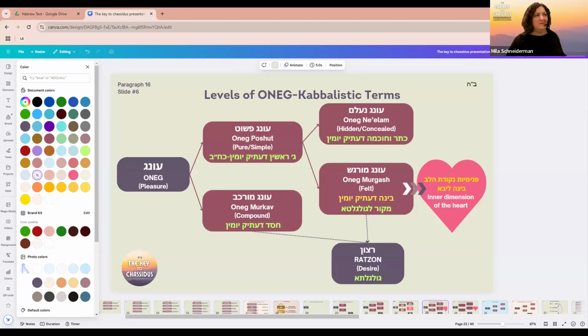Why not Das, you might ask? Because we don't have Das yet, the revealed. So what do you think will keep us going? Something higher than Das. Why in the world would Kalim be revealing light? It says Kalim Mashkim Ar. Kalim is going to reveal light? Yes, because Kalim are coming from a place which is higher than light. That's why they can reveal light. That's how Hashem created.